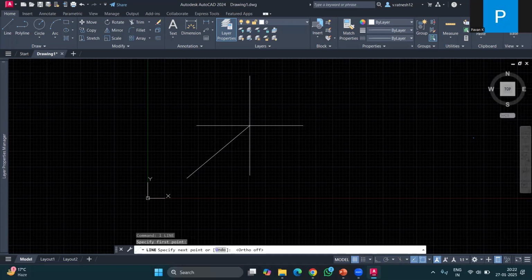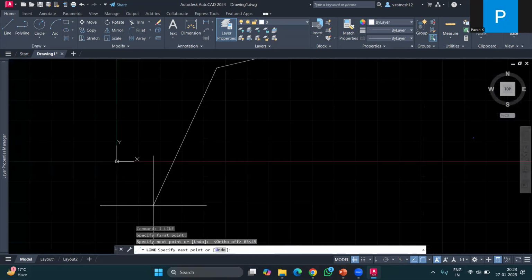Okay, so if you want to give a value, let's say it's 65, and what will be the angle? For the angle, you have to use the less than symbol, shift and less than, and you want to use 45 degrees. See,